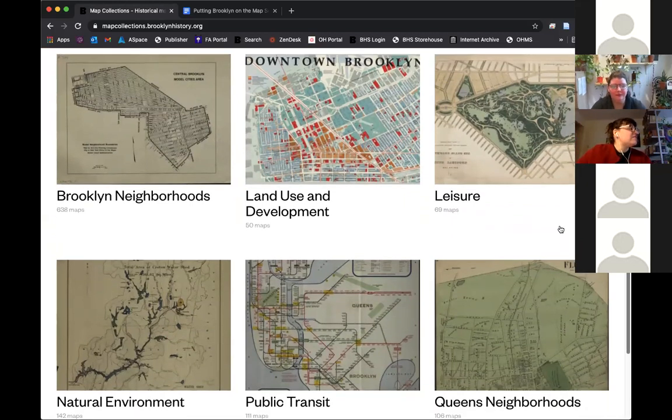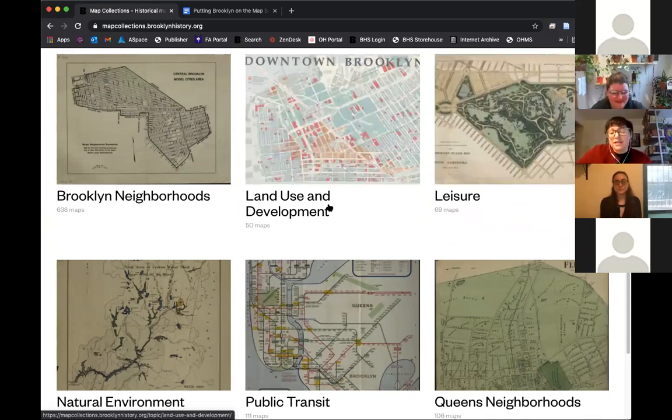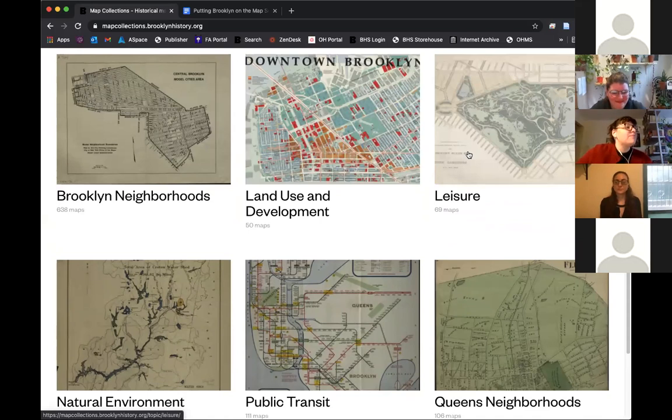So we have Brooklyn neighborhoods, Queens neighborhoods, public transit maps, natural environment maps that are showing the evolution of Brooklyn from forests, fields, rivers. We have maps that show the development and land use in Brooklyn, and then we have maps that show different kinds of leisure spaces in the borough. So if we click on a topic,